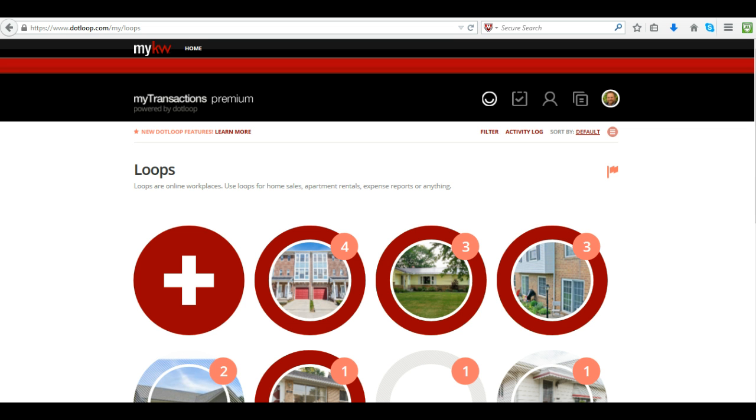Is there a way for me to save that time so that I can get documents to a potential buyer or a potential seller in the shortest amount of time possible? And yes, there is a way for you to do that, and you go in and you create a custom template for yourself. So the way that we do this is once we're in the DotLoop environment, in the top